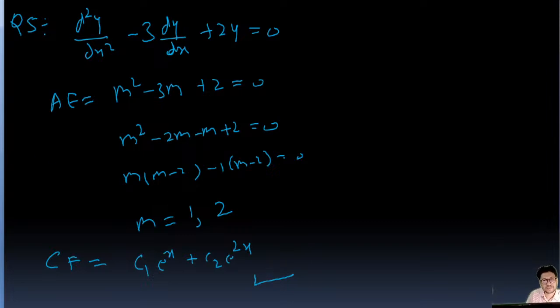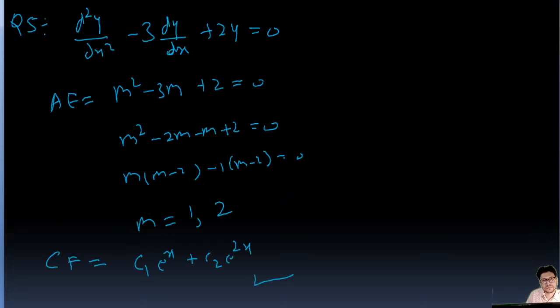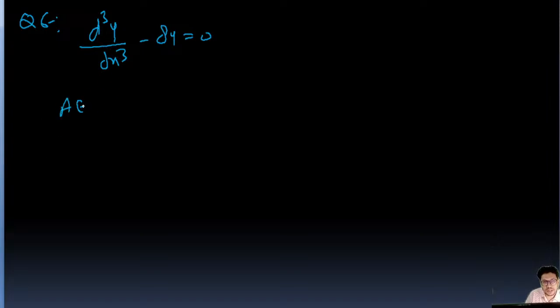Okay, next question, question number 6. This is also a good question. This is d3y upon dx cube minus 8y equal to 0. You need to solve this. This is also simple. We'll write the auxiliary equation, and this is going to be m cube minus 8 equal to 0,